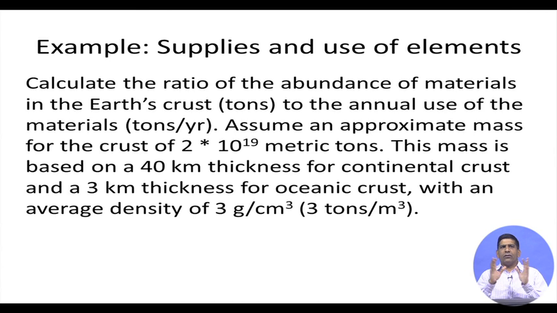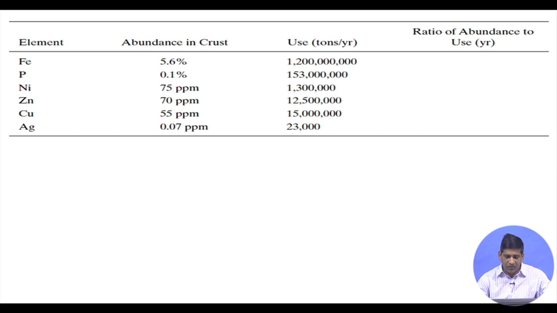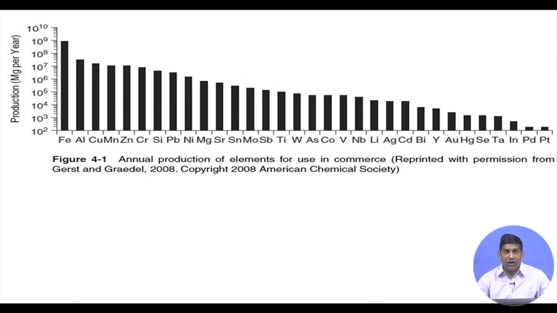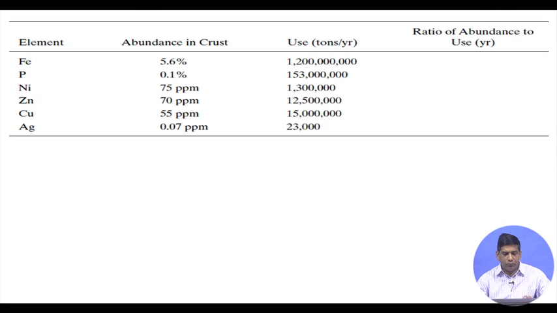This is the mass based on 40 kilometer thickness of the continental crust and 3 kilometer thickness of the oceanic crust, and with an average density of 3 tons per meter cube. So if you take the average approximate mass of the crust as 2 times 10 to the power of 9 metric ton, based on the previous two, this table data and this graph data, if you try to do it for some of